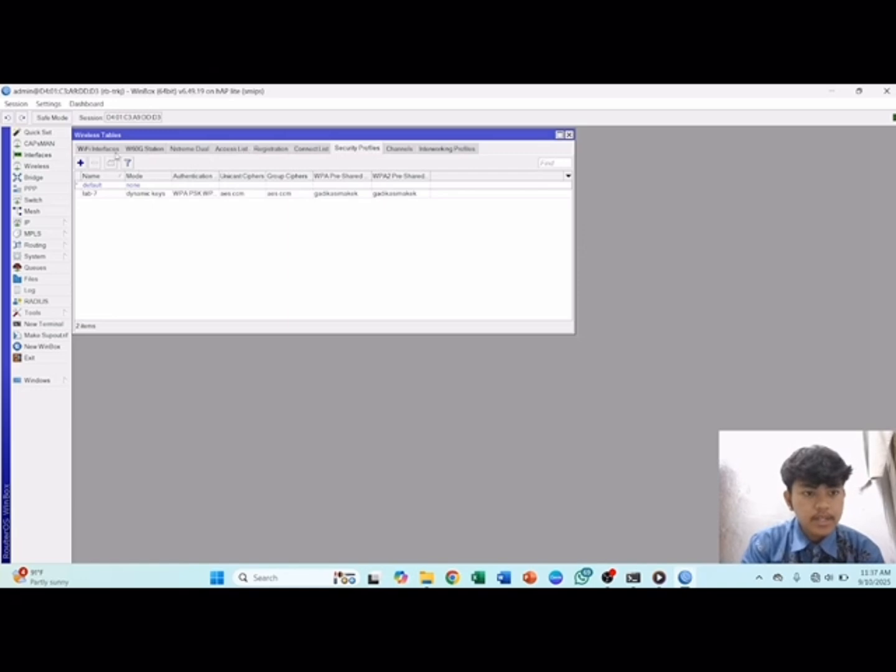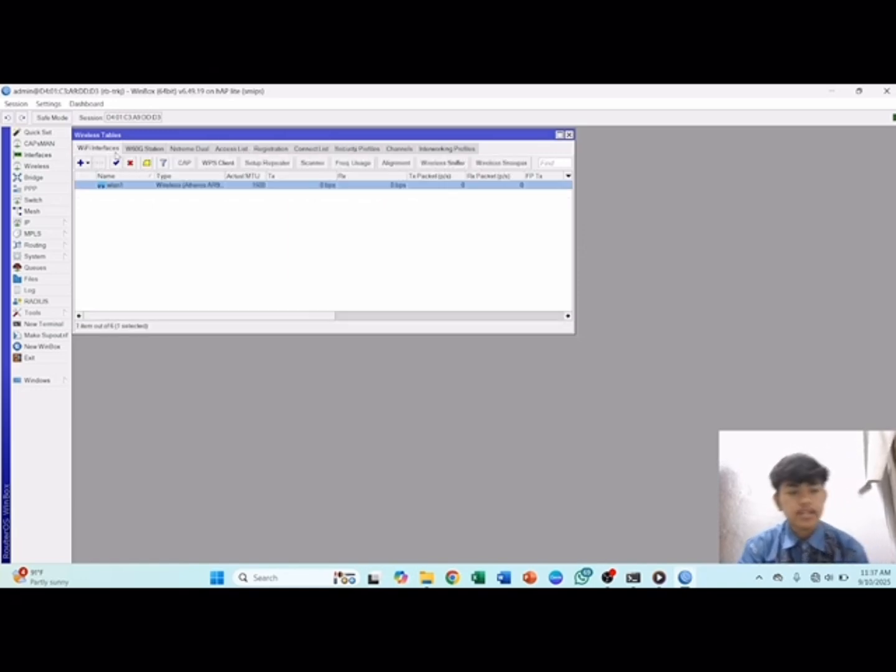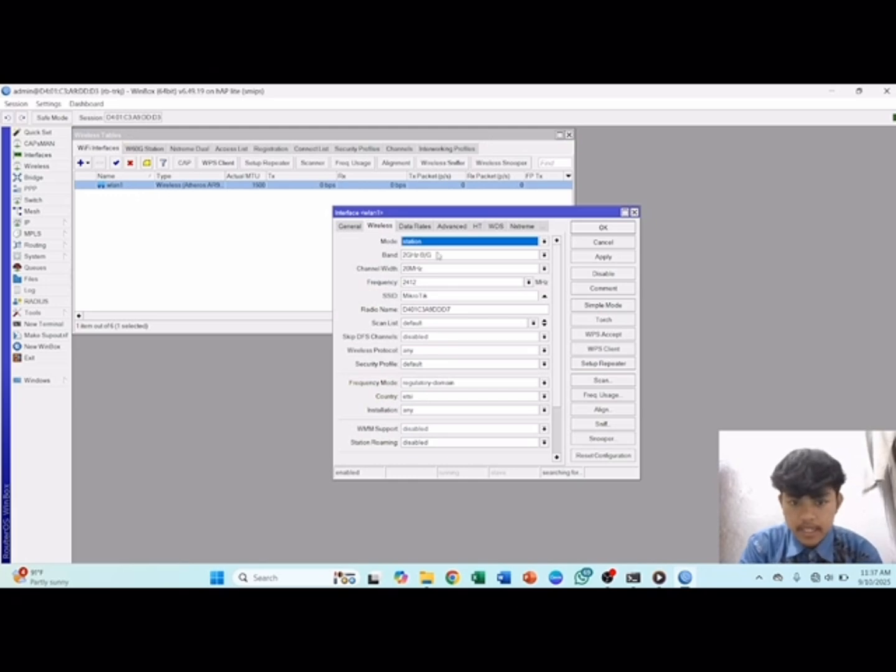And then you can click Wi-Fi interface. You can click here, and you must change the security profile to lab 7.